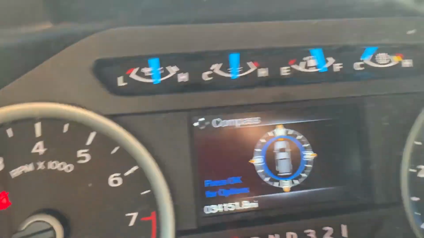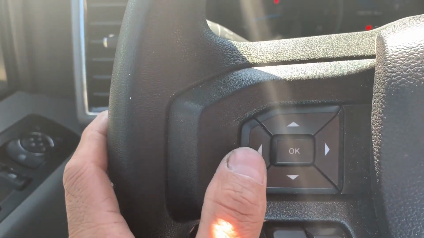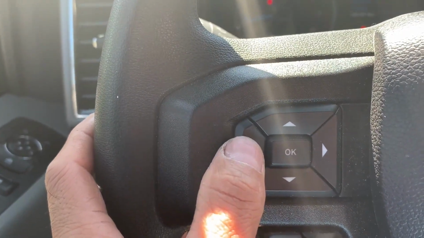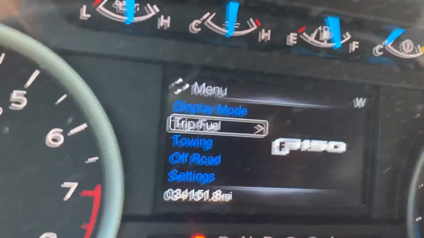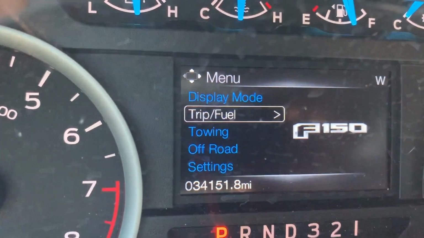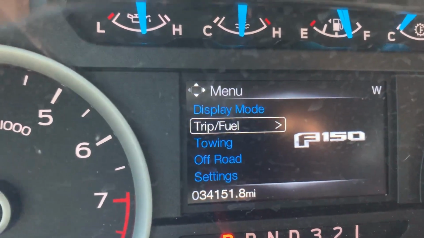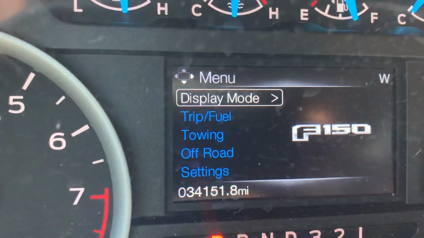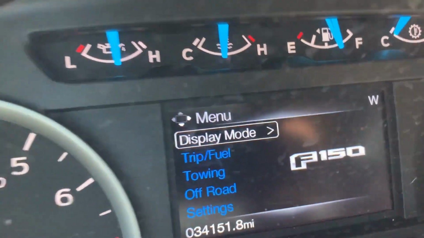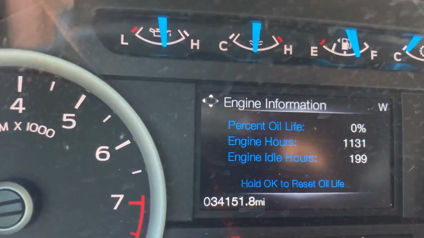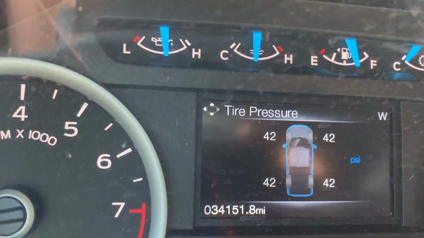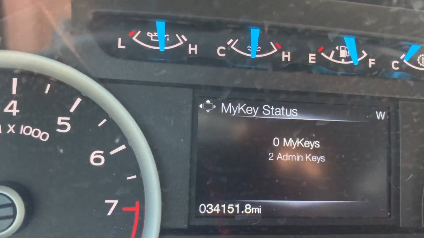So it disappears. On the navigation here, you just click on this side, and it comes out with display mode, field trip, toll road, off-road setting, and so on. You need to press the up button to select it. So you select display mode, and in display mode you scroll up and down until you